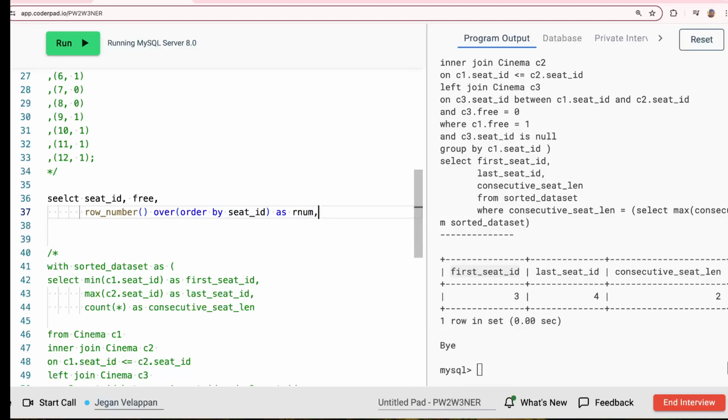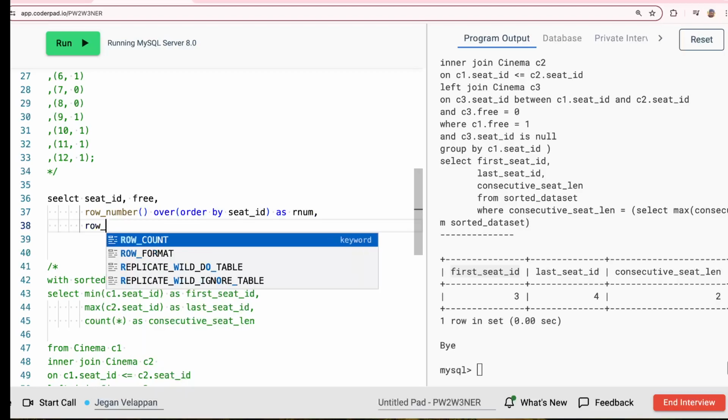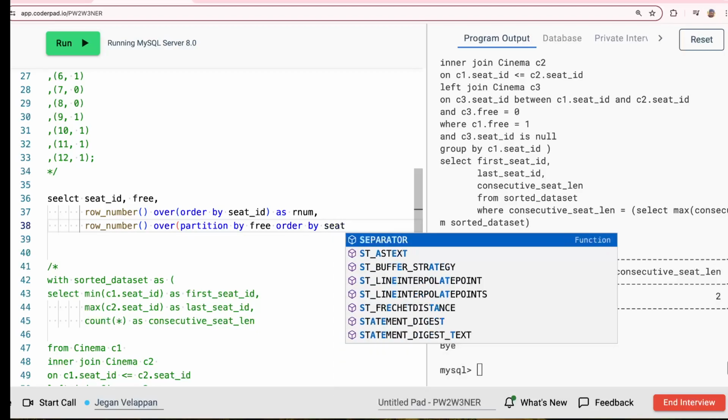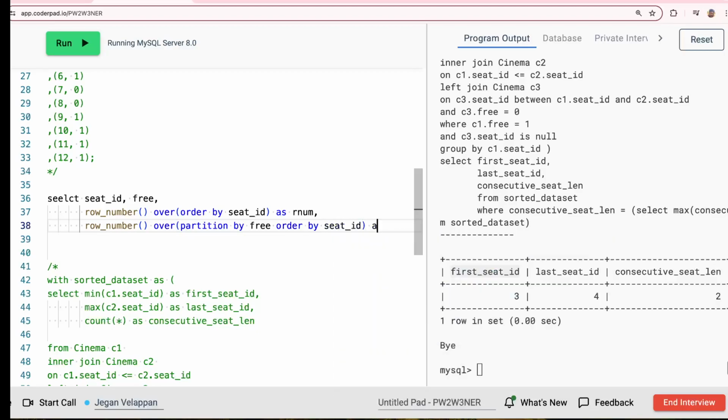And then I'm going to create one more row number. Here I'm going to partition for every free and occupied seat. Partition by the free flag and then order by the seat ID as row check